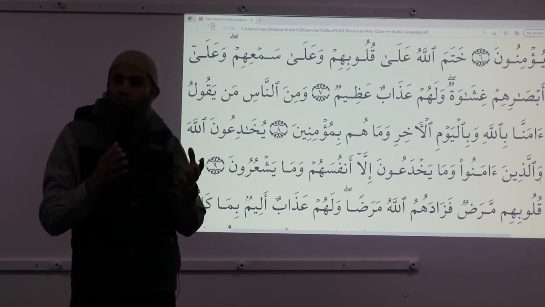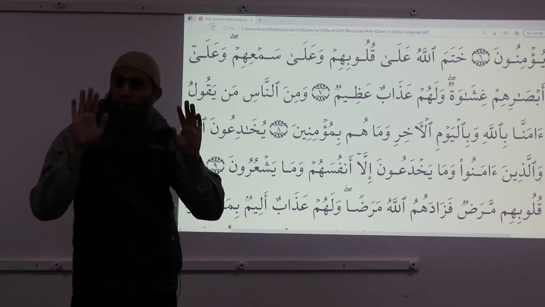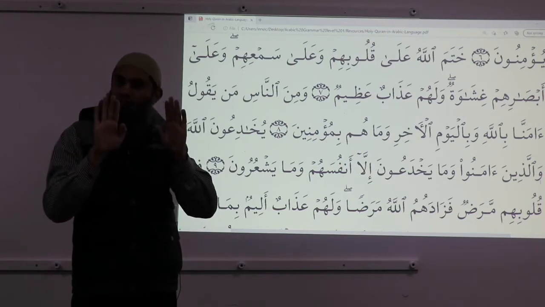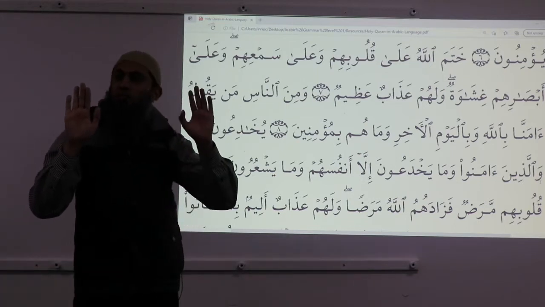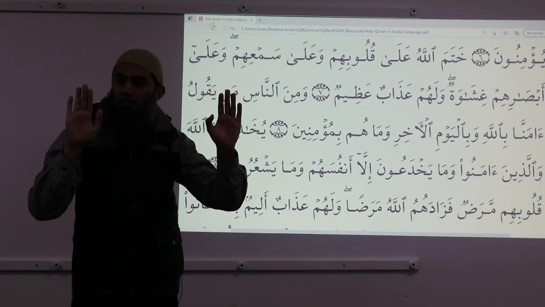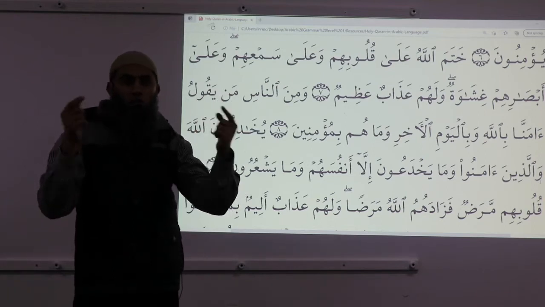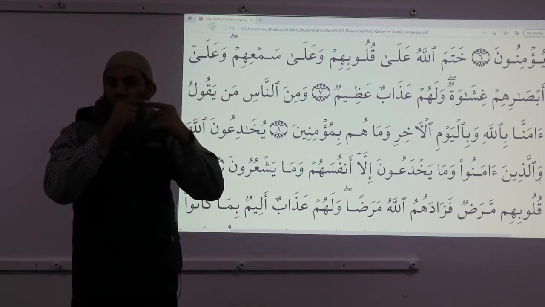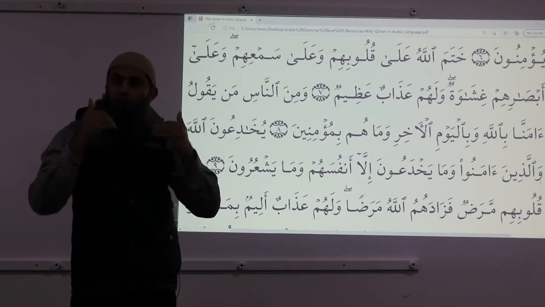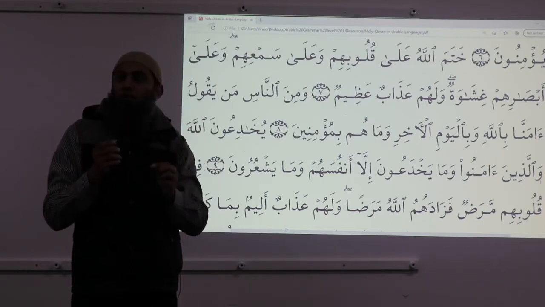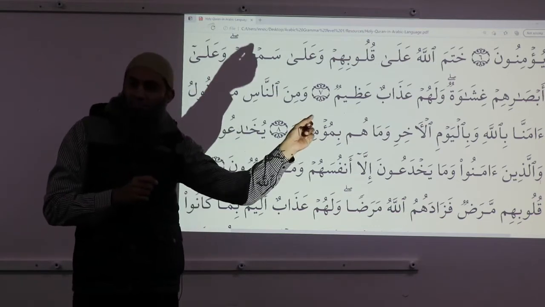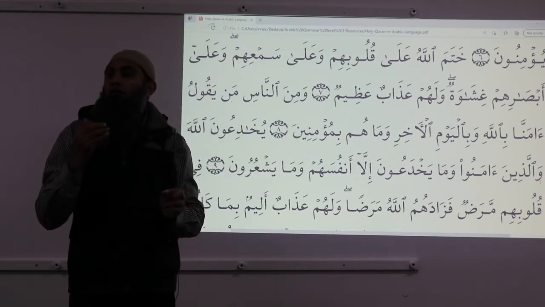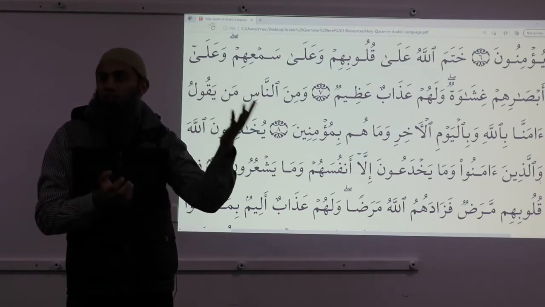Second one was murakkab idafi, relative phrase. And what was that? Again you have 2 isms, and this time they have to be side by side and nothing in between them. First part is called mudaf, second part is called mudaf ilayh, and there is a correlation between them. And this correlation in English we translate by using of. For example, house of such and such, or sometimes we use apostrophe s, like Ahmad's house.